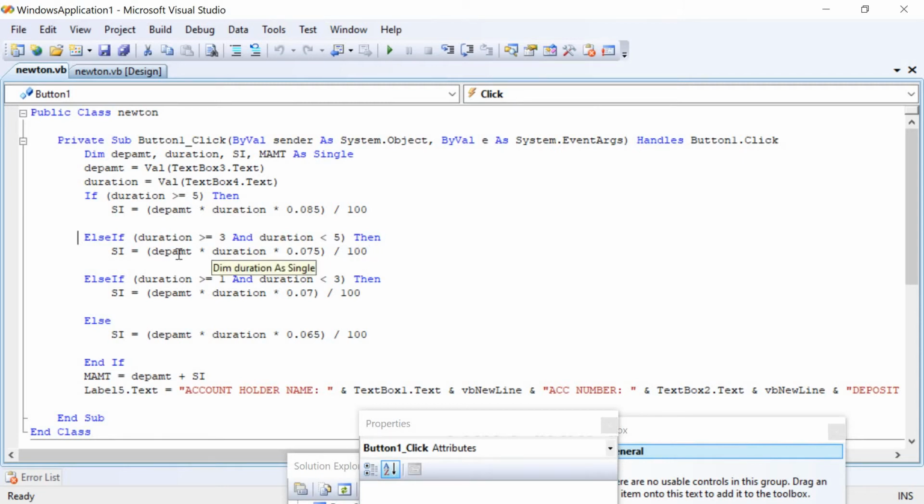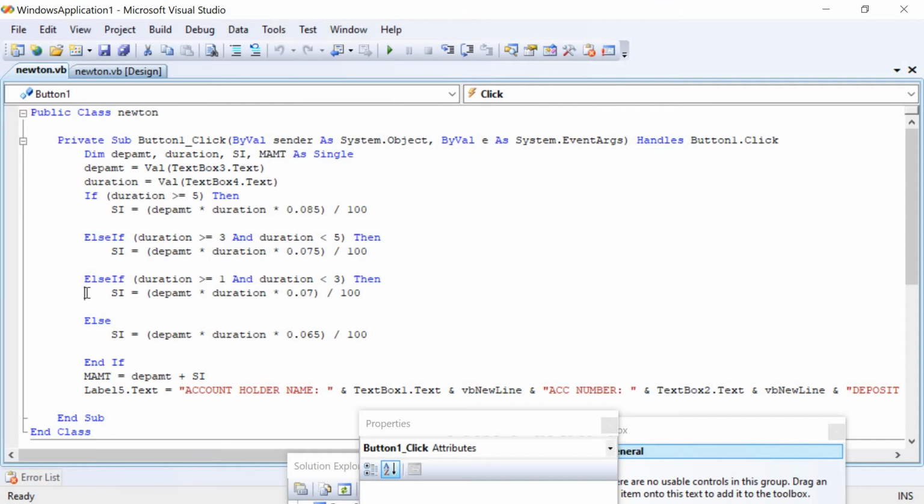Right? Then coming to the third condition, think that if it is below 3 years or above or equal to 1 year, in that case comes duration greater than or equal to 1 and duration lesser than 3.